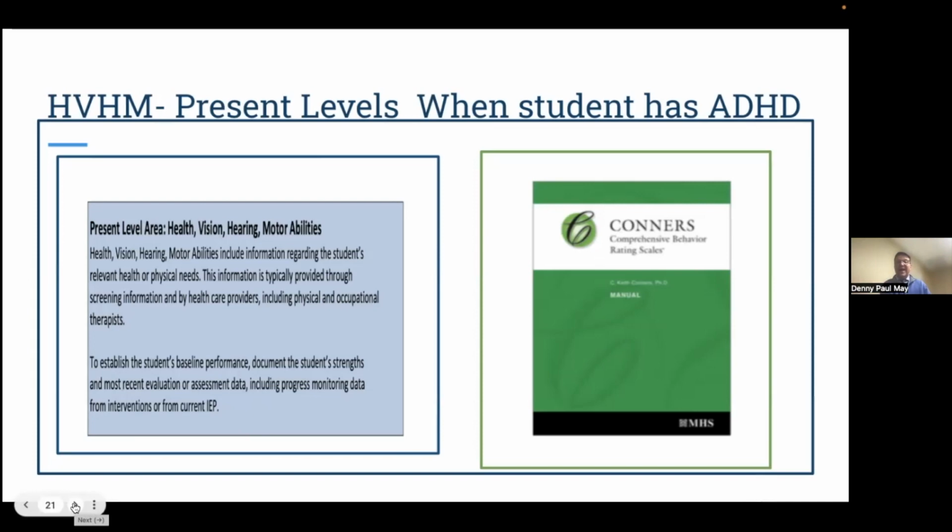Now, they may have other academic areas, and you can address those as well, as long as they're in a range that is significantly below the same age peer, significantly and consistently below. But this is the piece that you have to have. And so lots of times we'll review files and we'll say, where's the data in this area? We only have a doctor's statement saying they have ADHD. And we just go to town and we forget about the ADHD and we address reading and math and writing, maybe behavior in some ways, but we have to address those behaviors. There needs to be goals in regard to that.